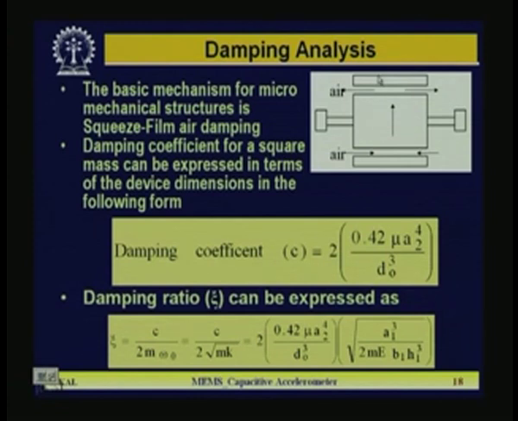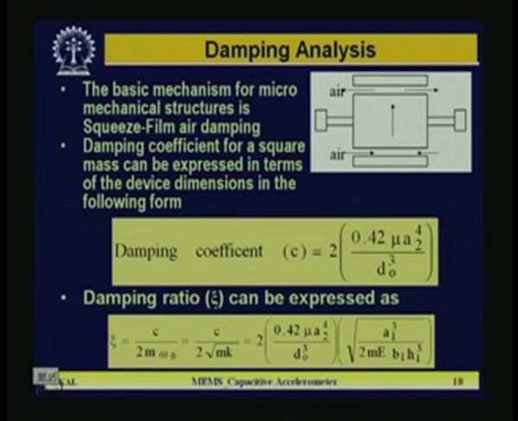film air damping. These are the top electrode and the bottom electrode, and this is a cross-sectional structure, and this is the middle seismic mass. So, the gap is filled with air. Air will flow in this direction. Automatically the air pressure will obstruct the movement, and damping will be exerted on the structure, as a result of which it will settle after some time. Otherwise, if it is a resonance, there is no damping, it will not stop the vibration,